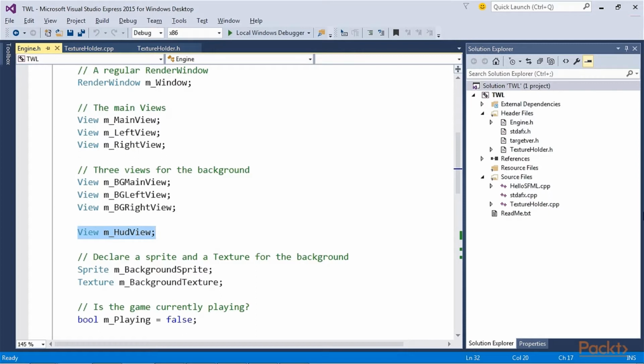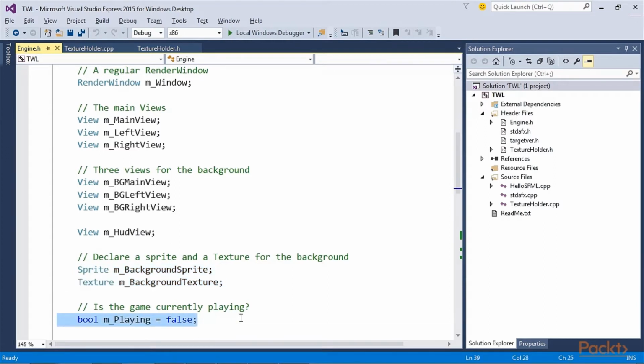Having 7 different view objects might imply complexity, but when you see how we deal with them as the section progresses, you will see they are quite straightforward. We will have the whole split screen, full screen conundrum sorted out by the end of this section. Sprite m_BackgroundSprite and texture m_BackgroundTexture. This combination of SFML sprite and texture will be for showing and holding the background graphic from the graphics assets folder.